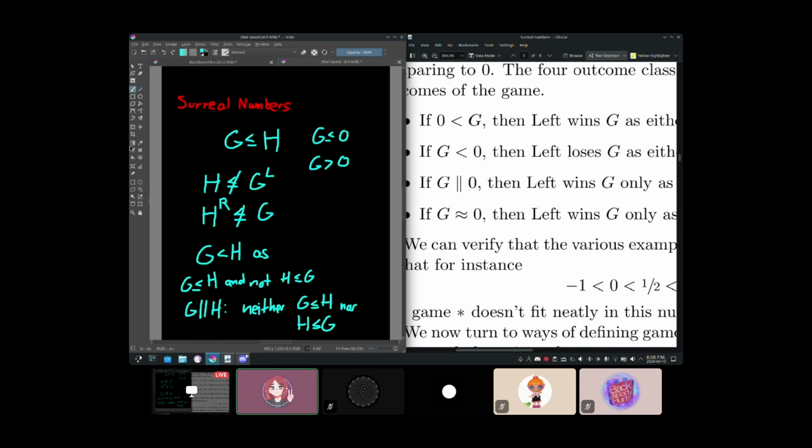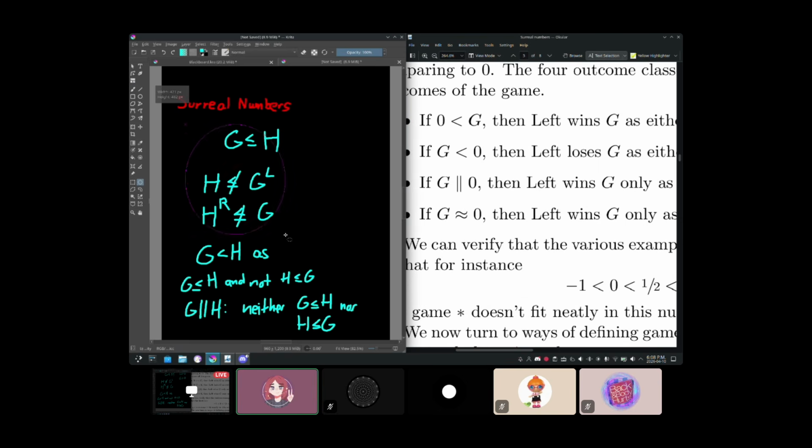And, well, with these symbols defined, like the less than symbol and the fuzzy with symbol or confused with symbol, it's kind of easy to see that there's only 4 different ways that 2 games can compare with each other, right? And it basically boils down to the different combinations of...